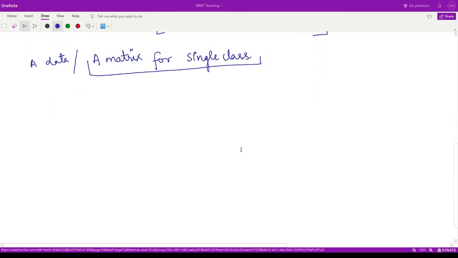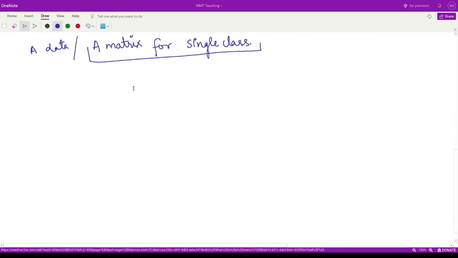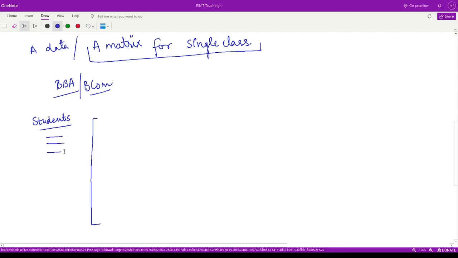For example, if I am talking about your class only, BBA, right, or BCom, so in this case I can on the left hand side take students according to their roll number or name, whatever is required, right? First student, second student, third student, fourth student, and so on.